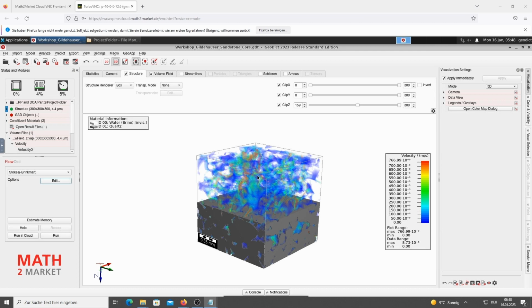In addition, we show the case where unresolved pores or microporosity is considered in the flow simulation. We can use the Stokes-Brinkmann or the Darcy flow command. The Stokes-Brinkmann command should be used for CT scans where unresolved microporosity is present. The Darcy flow command is suited, for example, for medical CT scans with large voxel length and where most of the pores are unresolved, except some cracks. In this workshop, we just want to show this new command. So choose the Darcy flow command and click the Edit button.